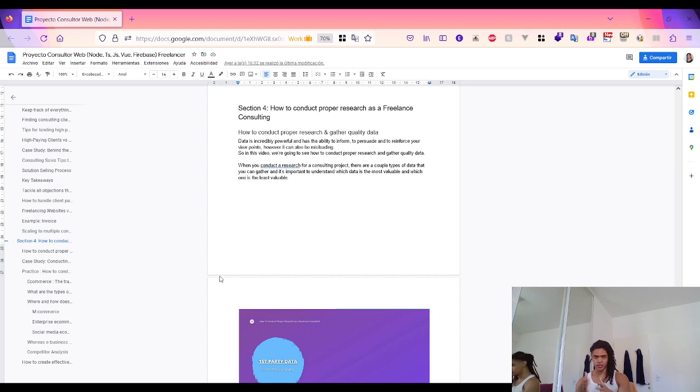So when you conduct research for a consulting project, it is important to identify your sources, from the most valuable to the least valuable. These are the types of data